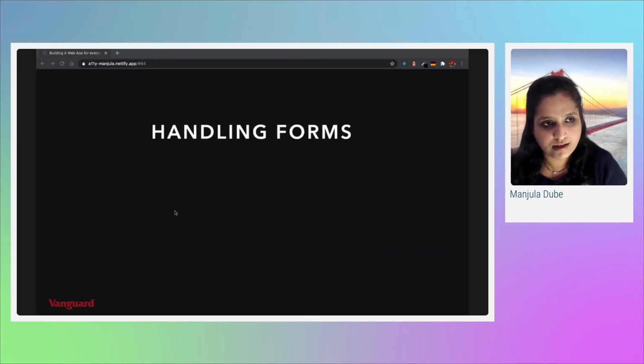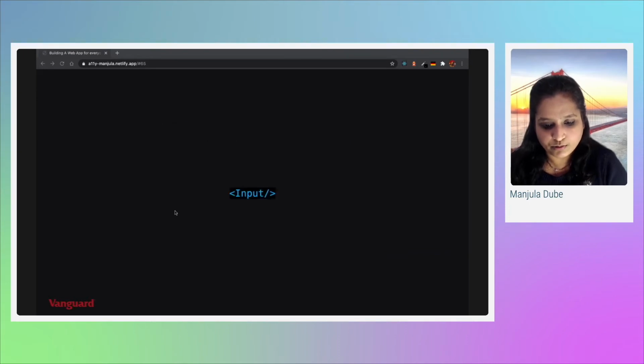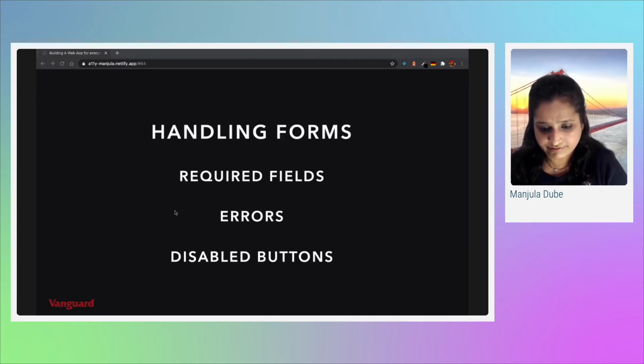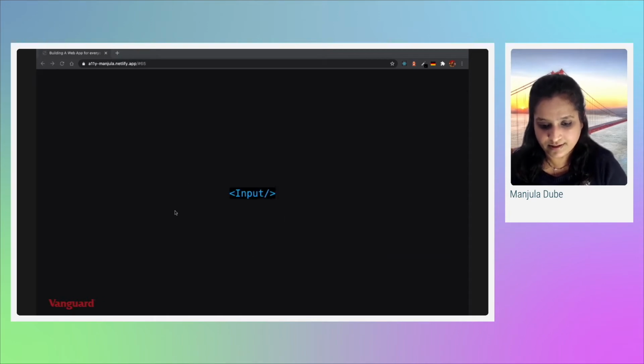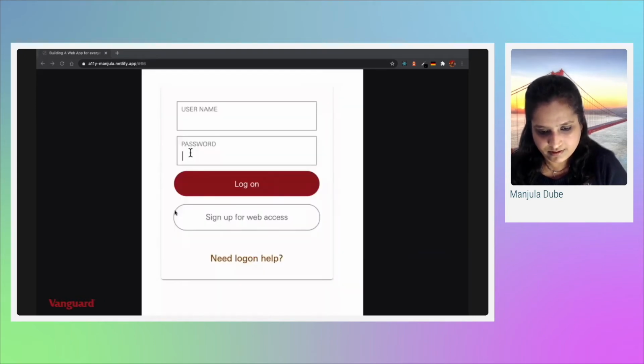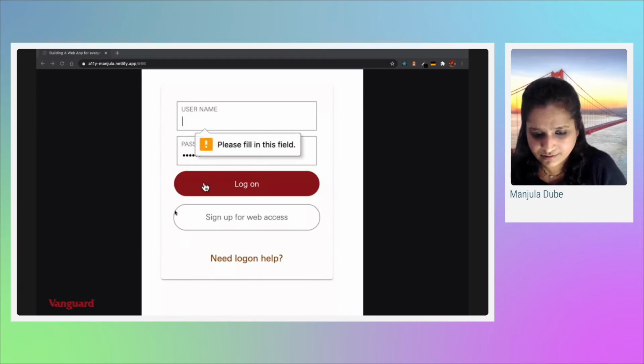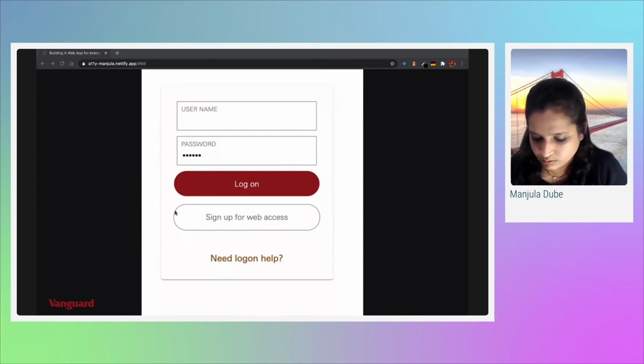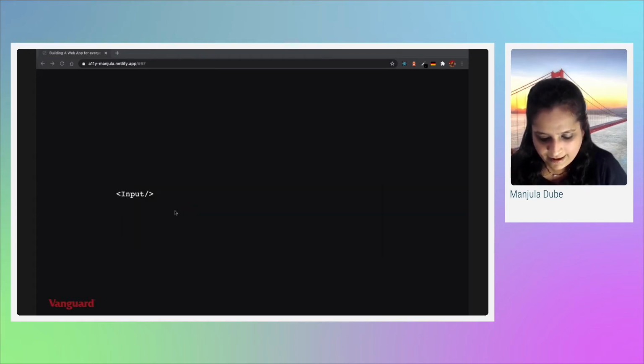Handling forms, I would cover two things: React required fields, errors, and disabled buttons. So let's quickly see how you would build your input component. Something like this, which means I enter something, and if something is a required field, how would you do that? So if I have to build my input component, what I would do